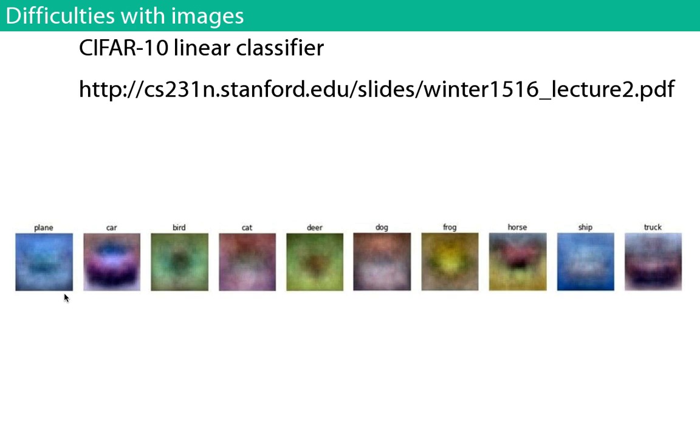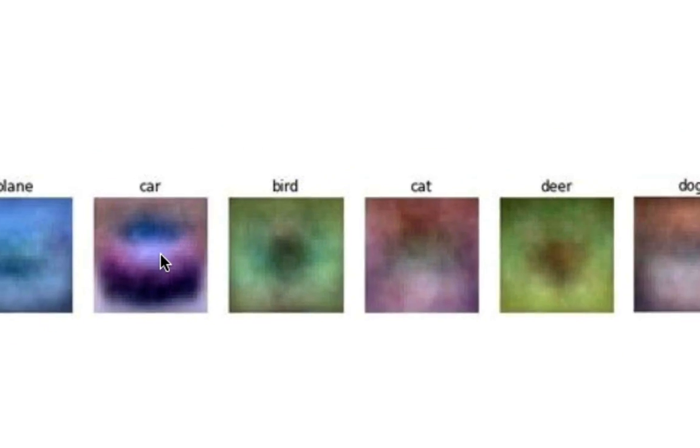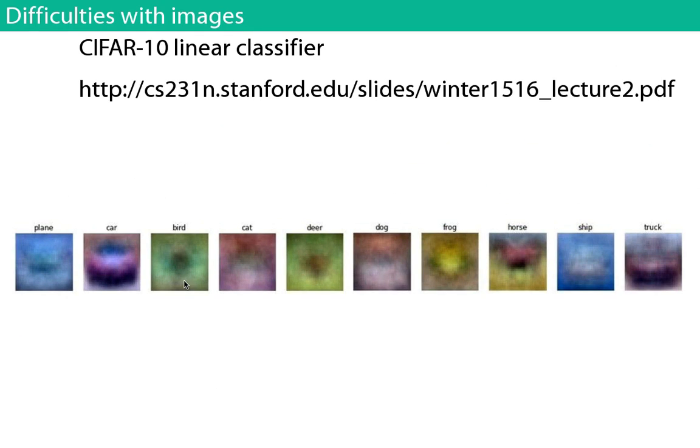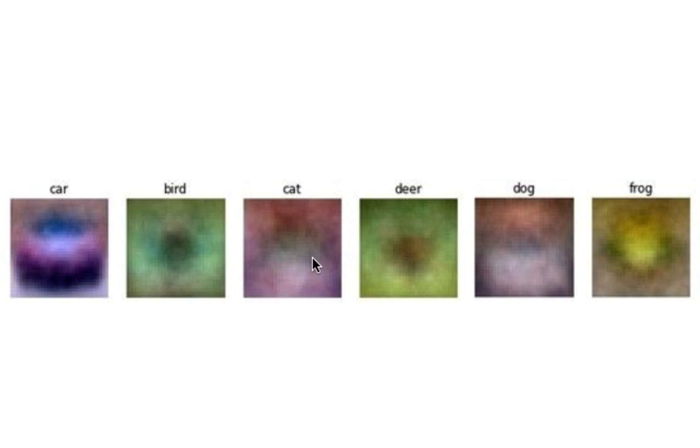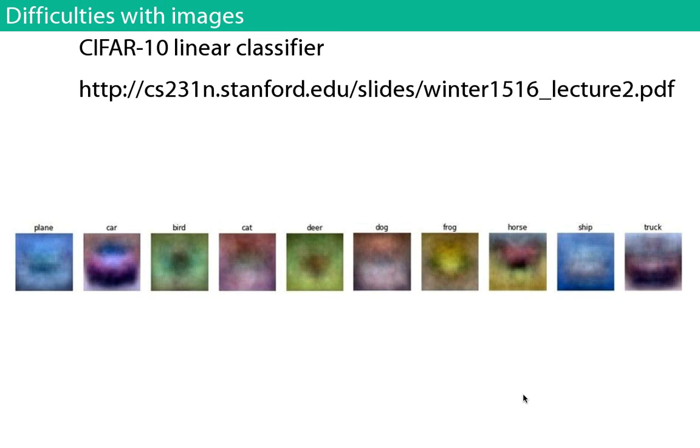And you can see there's very little definition to these. Like the car, I see a windshield and it kind of makes sense. But a bird is a green blob and a cat is a red blob. It looks almost like there are kind of ears a little bit. Do you see that? But mostly we just see blobs, and ships and planes are blue blobs because there's a lot of water and sky in images that contain them. But this is not going to do a very good job because it's really bland.